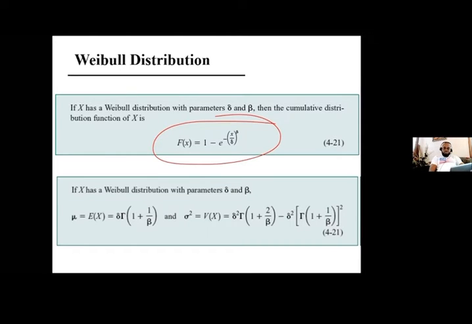Because we may want to know, if a random variable x represents the time we're going to wait before the occurrence of certain events, the question is going to be, on average, how long are we going to wait? If I want to answer that on average, then it means I need a mean